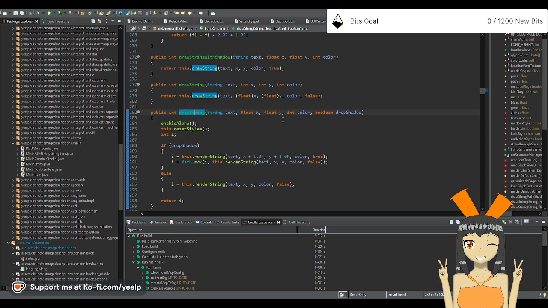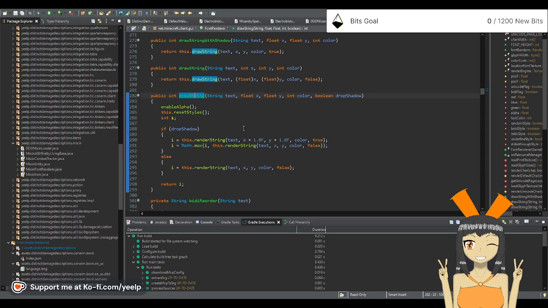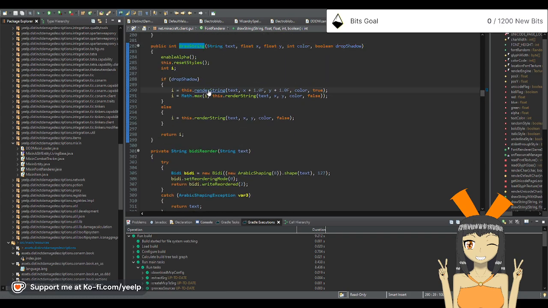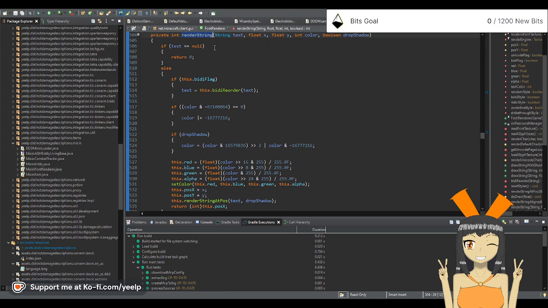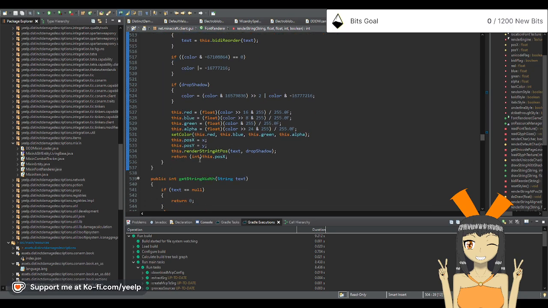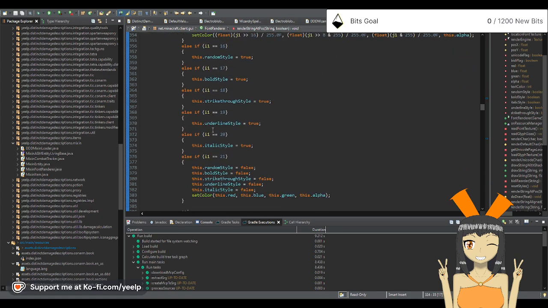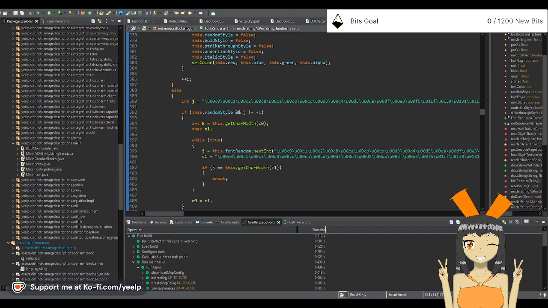And it has a color here. And then it eventually goes to render string. And this render string is going to set the color. Render string at pos. Set color, set color. I mean,